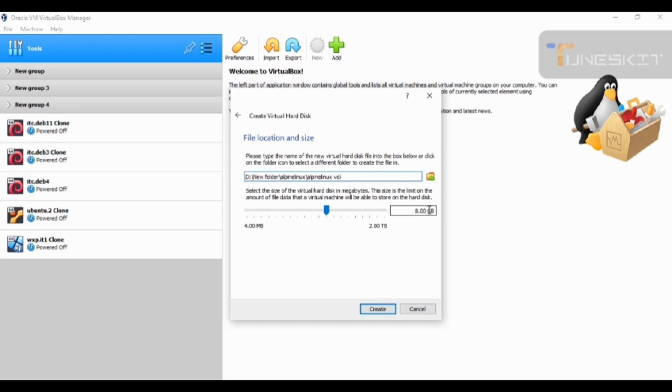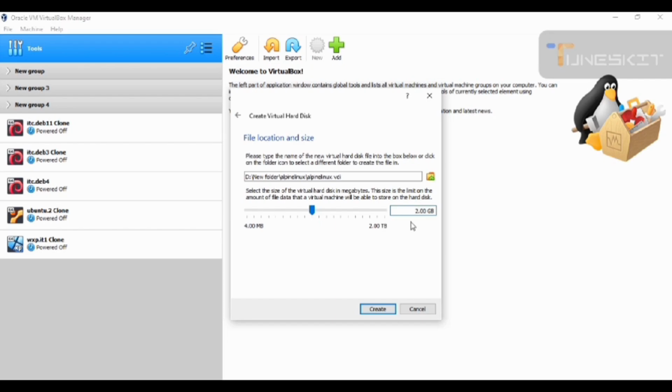Finally, allocate the size of the hard disk you want. For me, I give the minimum size of 2 GB. But if you want a better experience and optimization, it can be more than 2 GB.